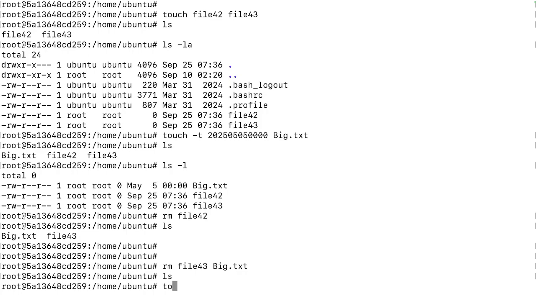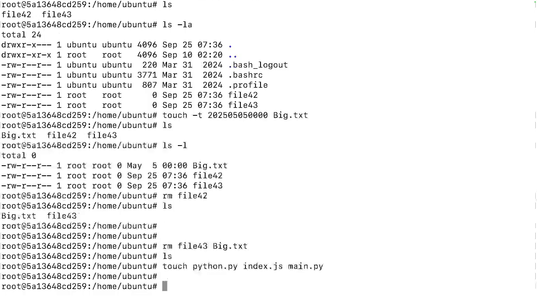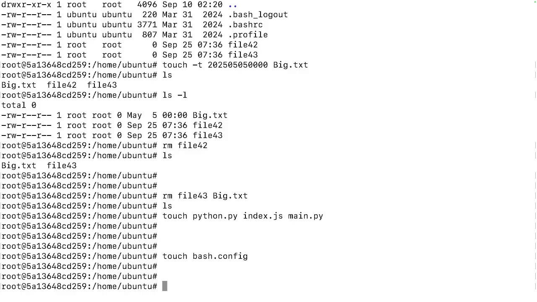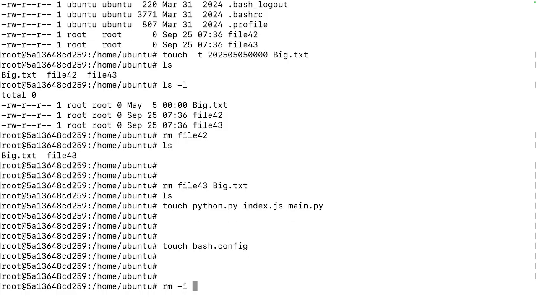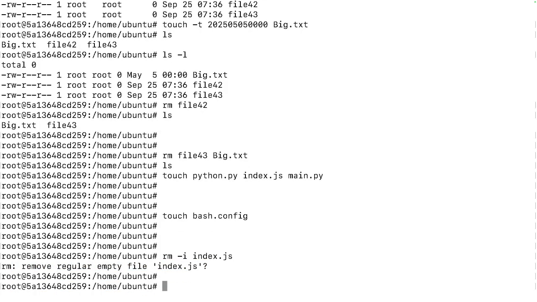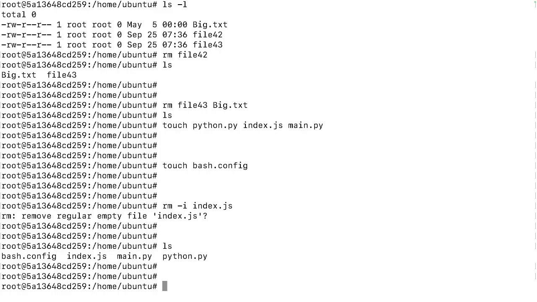So let's say I just created with touch python.py, hello, index.js, main.py, okay, and let me create some config file, let's say bash.config. And if you want to prevent yourself from accidentally removing a file, you can write rm -i index.js, and as you can see, you will have in the output some text, remove regular empty file index.js. So okay, I will not remove it, but if you want